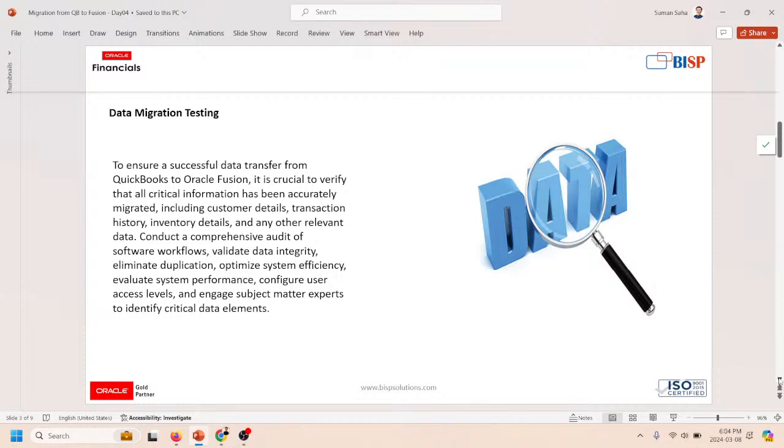Data migration testing, transferring data from QuickBooks to Oracle Fusion, can be a critical process for any business. To ensure that this process takes place accurately and efficiently, it is essential to thoroughly and meticulously verify all the critical information, right? So that is essentially thoroughly verifying that all the critical information has been successfully migrated. This includes,